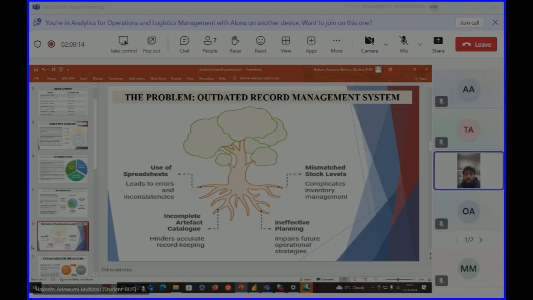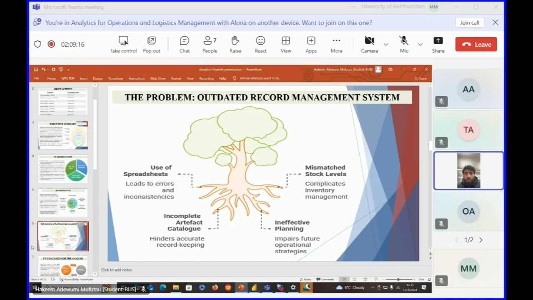The problems of an outdated record management system. The diagram shows a tree-like structure with the following branches. Use of spreadsheets. This leads to errors and inconsistencies. Incomplete artifact catalog. This hinders accurate record keeping. Ineffective planning. This impairs future operational strategies. Mismatched stock levels. This complicates inventory management. Overall, the diagram highlights how the use of outdated spreadsheets creates a cascading effect of problems within the museum record